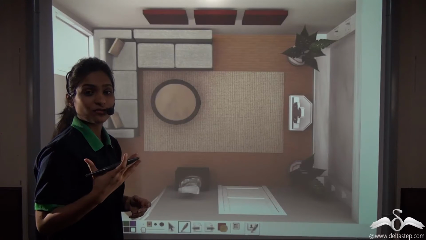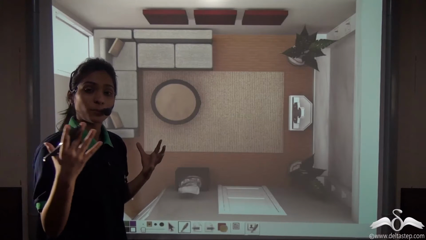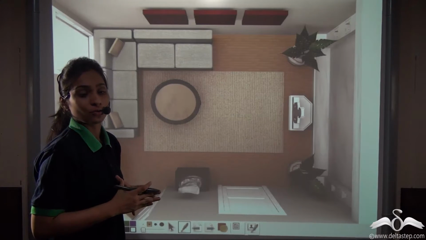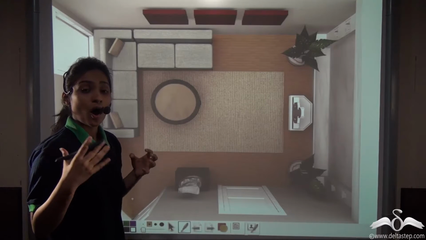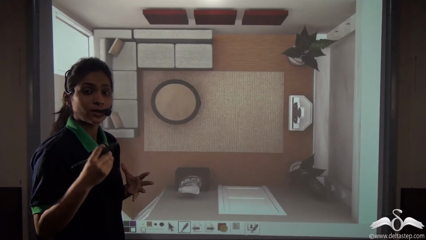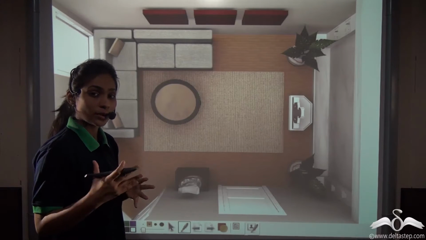Look around and see the four walls of your room. Now suppose you want to put wallpapers on these four walls of your room. Now you contact a person for this. Now he wants to know how much wallpaper he will need to put those wallpapers on the four walls of your room. So what did he do?